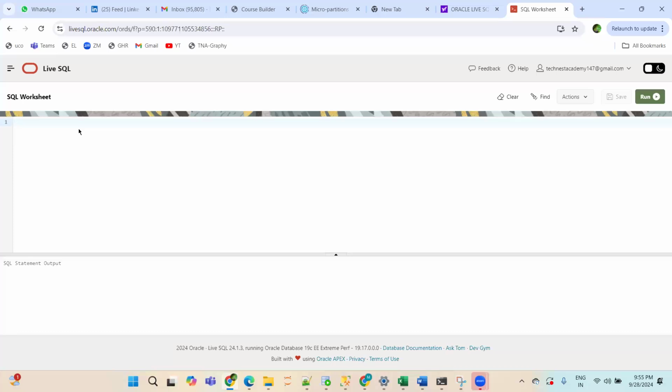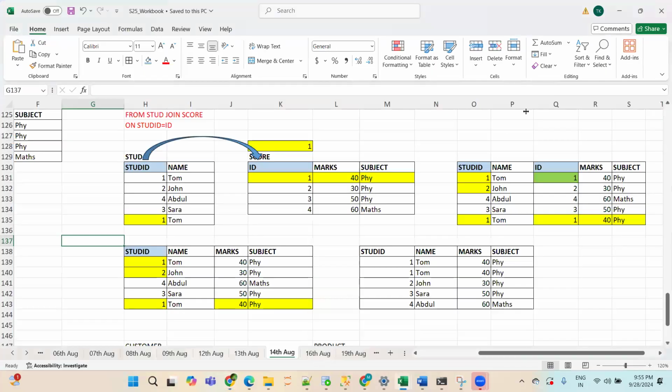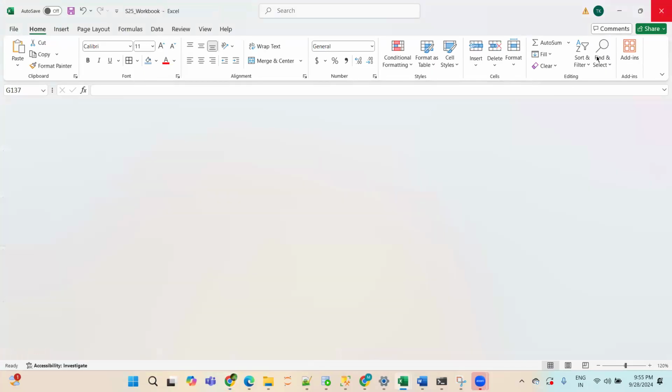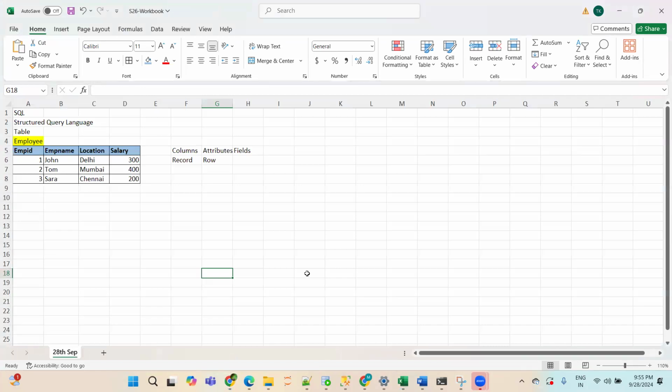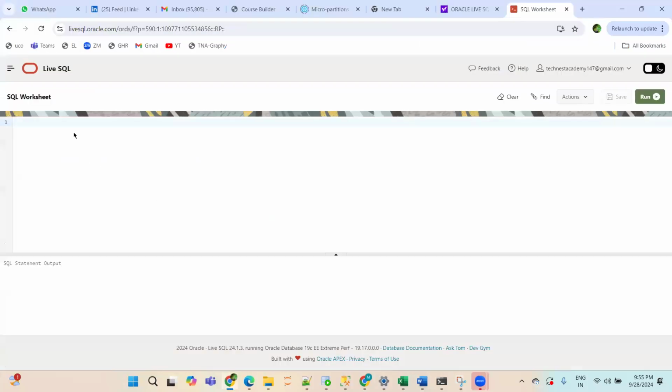Okay. Now, the first thing is we have to store the data. But to store the data, where do we have to store it? What did I teach you? Table, database, right? So first we have to create a table. Suppose I'm staying in Delhi, and I'm getting transferred to Bangalore, so the first thing is to search for a house there. Similarly, if you want to store data, first of all, you have to create a table. That is what I will do first. I will create a table.